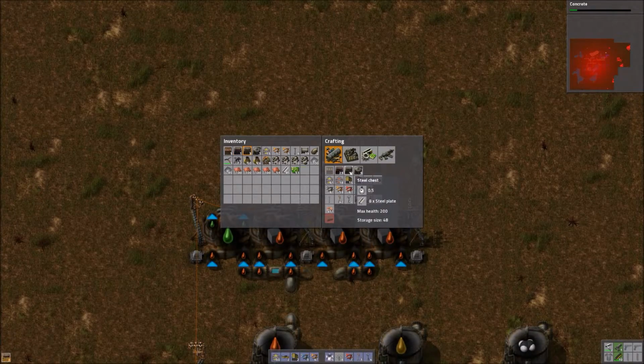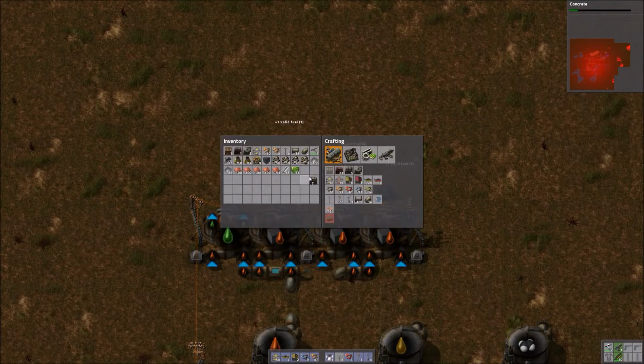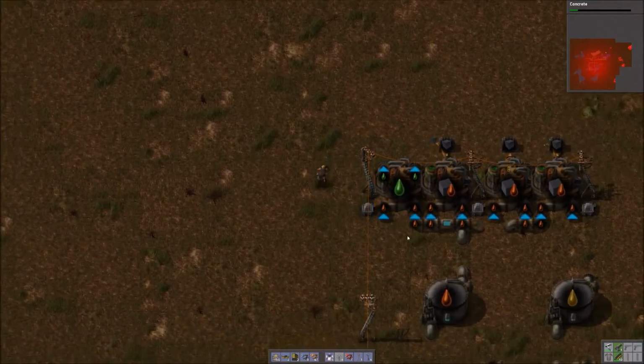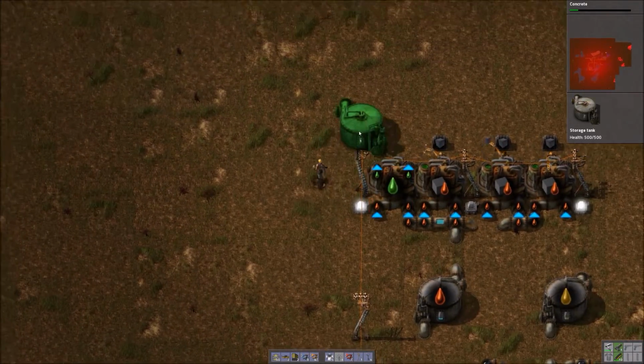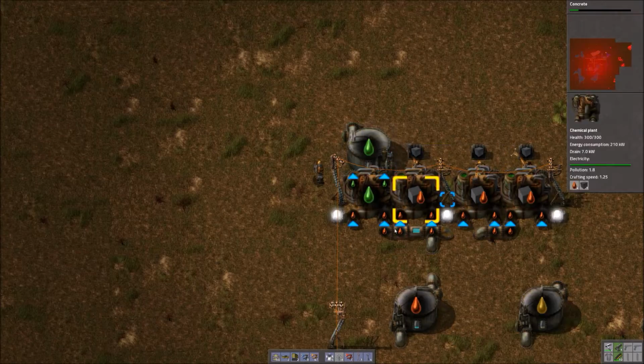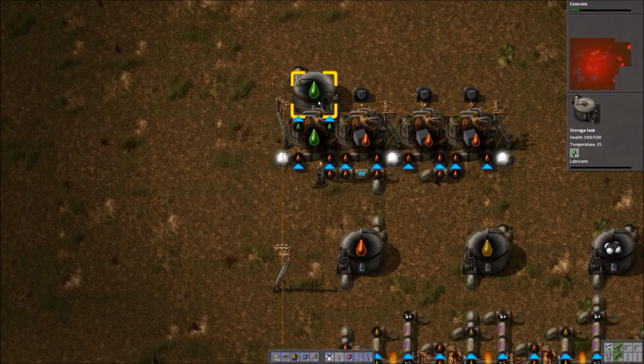And I'll put some steel chests down. 1, 2, 3. Okay. So that should be enough to take care of the heavy oil. And let me also put a tank there for our lubricant to go into. We're not going to use it for a while, and we probably won't even use a fraction of what we accumulate here. But this way we'll put it into a tank so that when we're ready to use it, there'll be plenty